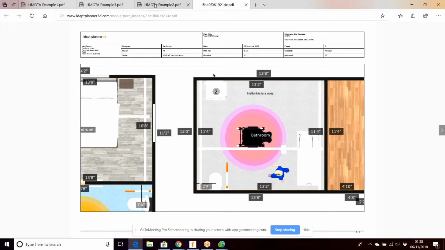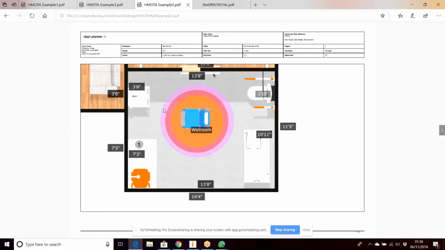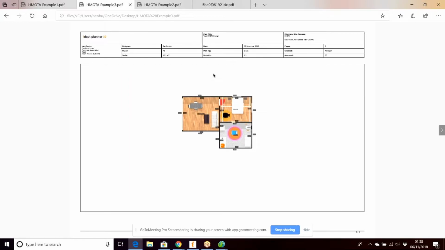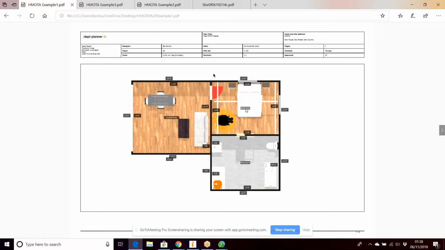But as I go back through these tabs, I did a few options earlier just to show you the difference. On this particular one here, I've showed a section of the plan that is close up like that one I've just done. This one I've done to a defined scale, so that's 1/8 of a foot to an inch, and a second one with all 3 rooms on that particular design. So as you can see, you can print out your design in 2D, and you get a nice clear layout that you can present to your client, or